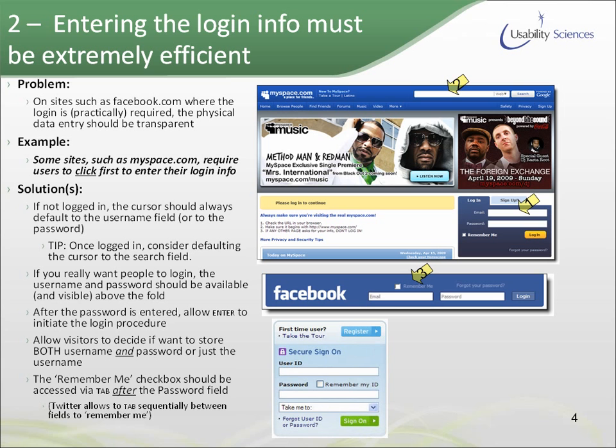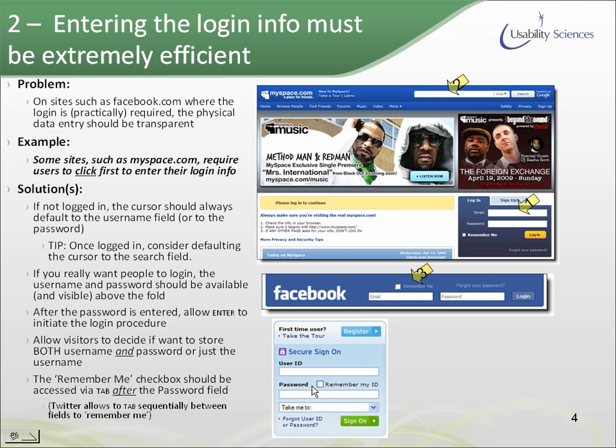You also notice in a lot of these examples displayed here, the Remember Me option should be presented after the password field. In Facebook's example, you notice that it's before the login field. You notice in this example from CityCard that the Remember My ID is in between the user ID and password. The problem with that is if somebody were to tab from the user ID